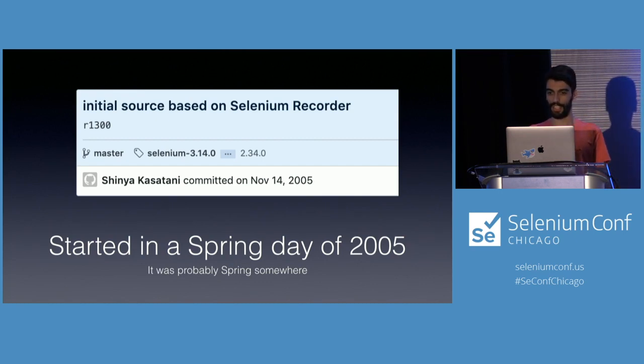It let you do tidbits of automation of your application. And then Shinya Kasatani took that, put that alongside a global event listener on the document, and then he was able to build locators to all the event targets, and on top of that, put a little interface in Zool, and created the Selenium IDE.